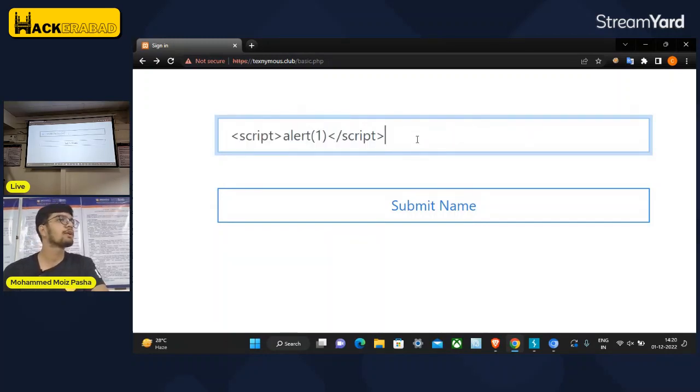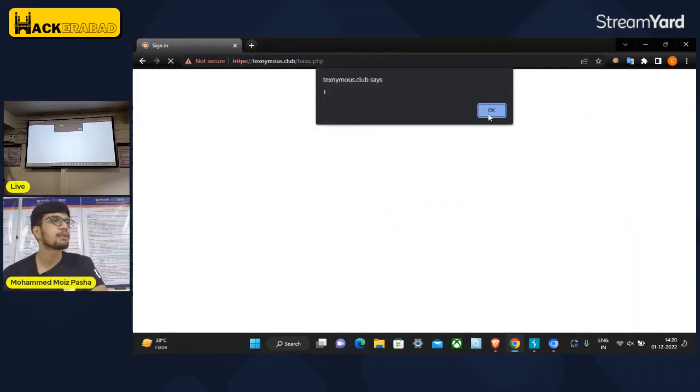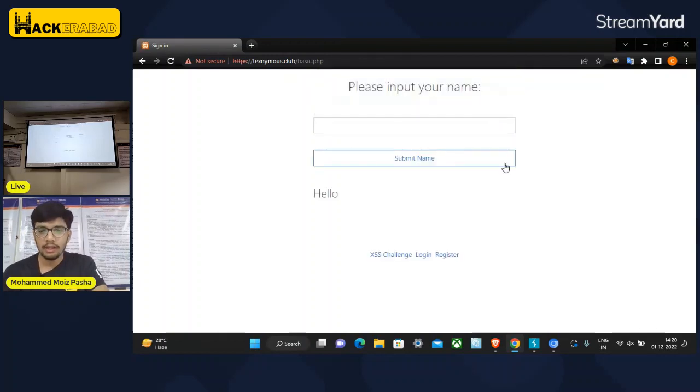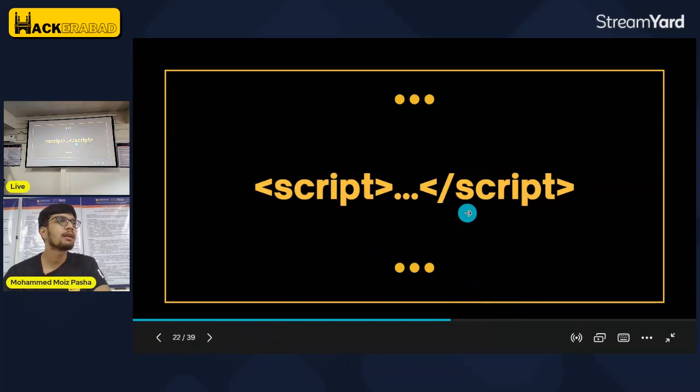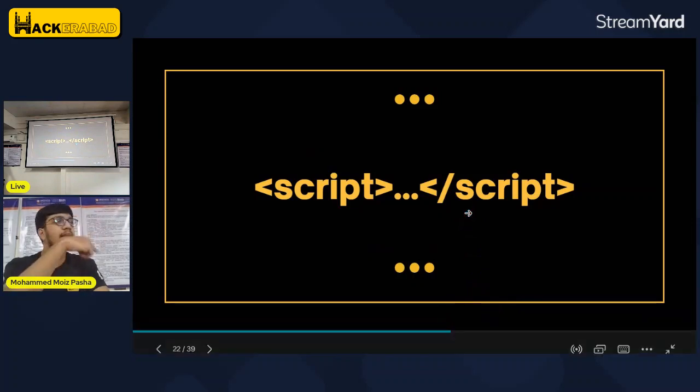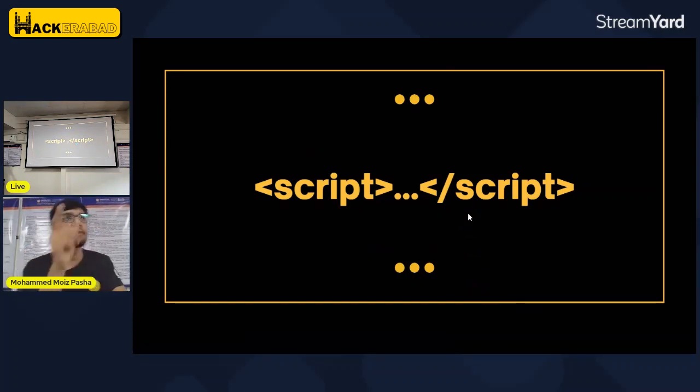Everyone able to pop the alert? Anyone not able to pop the alert? Please raise your hands. It's no problem. We'll go at a leisurely pace. Yes, everyone was able to pop the alert. You should get something like this. Okay, now I am able to access an alert button. That means I have successfully